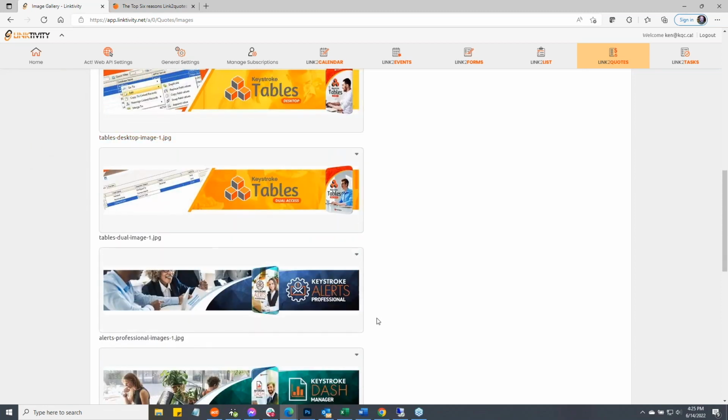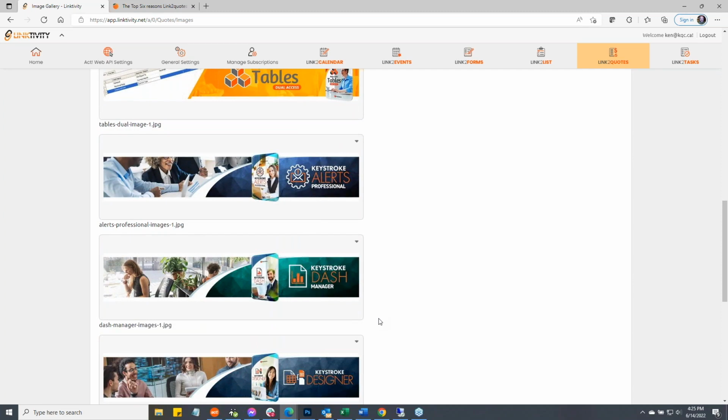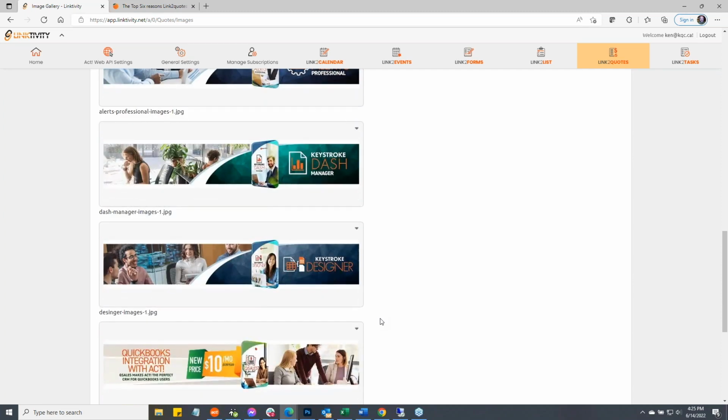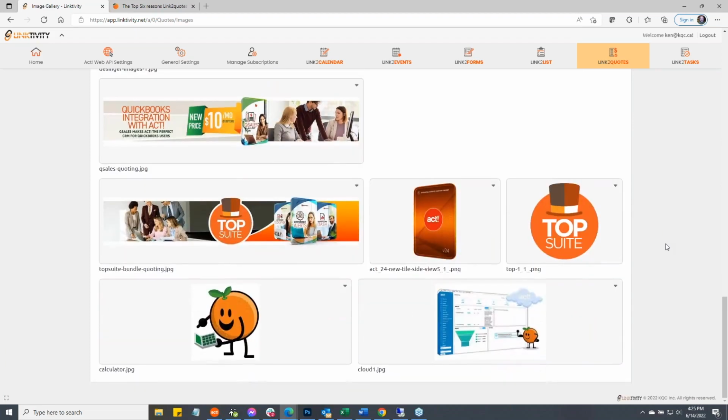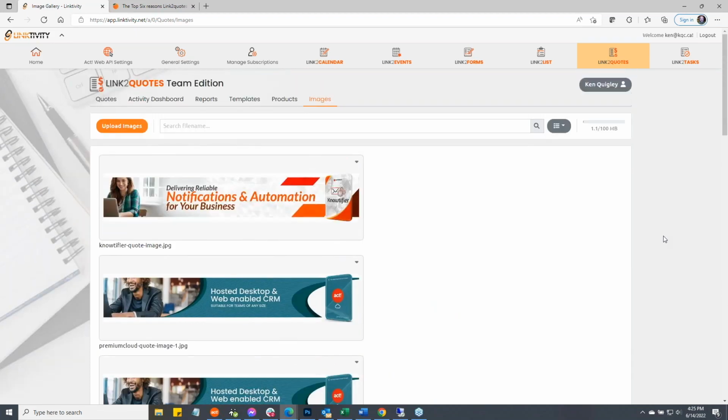We also provide this service: if you'd like, one of our full-time design people can create these images for you, and we can provide a quote to that effect. But I'm just going to breeze on by this. This particular feature, as I said, is available only in Teams, but we do create the ability to have a pick list for the standard users. Now, the only thing is you're not going to be able to upload and create it like an image